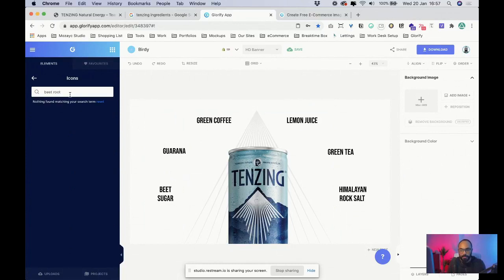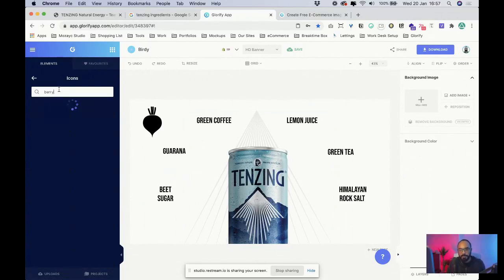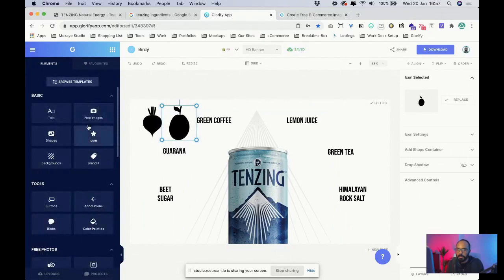I know you can get beetroot. Oh, beetroot. There we go. So let's grab one of these icons, something like that. Beetroot, guarana. So guarana is some kind of like berry. I'm just going to pick something like a berry looking object and use it for guarana. Greenland rock salt, something like that would do. And let's go to icons and pick